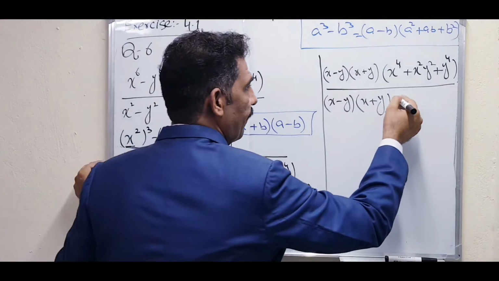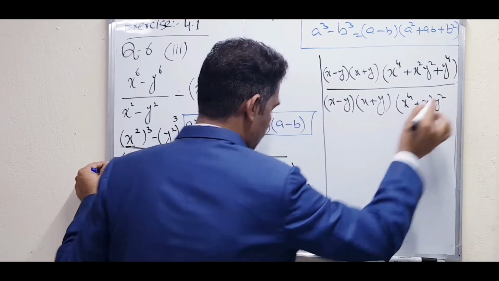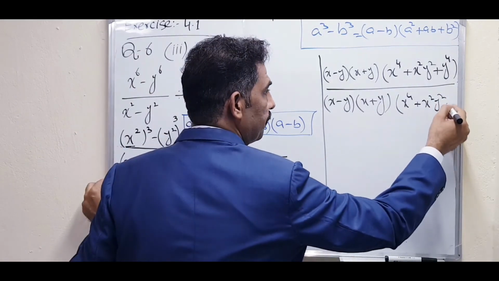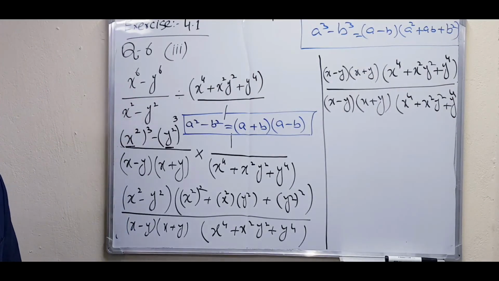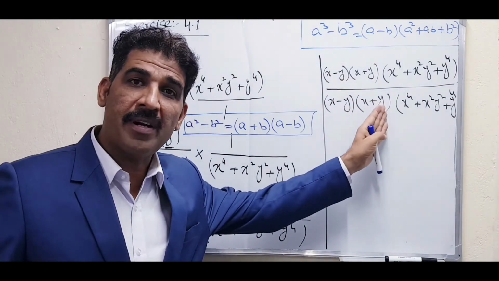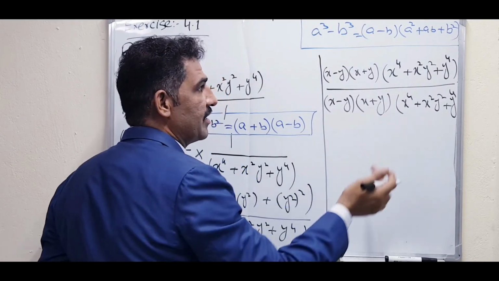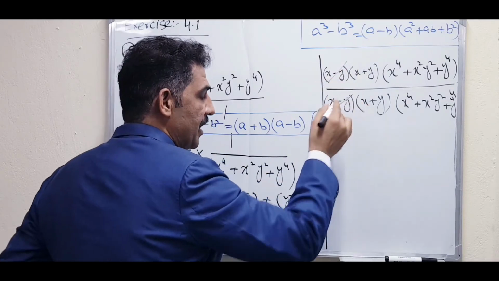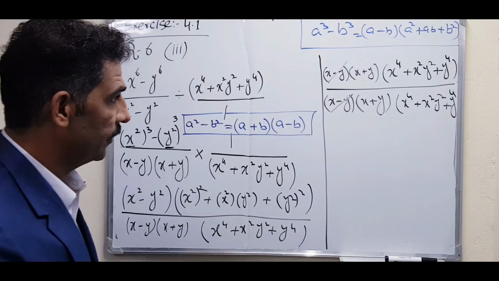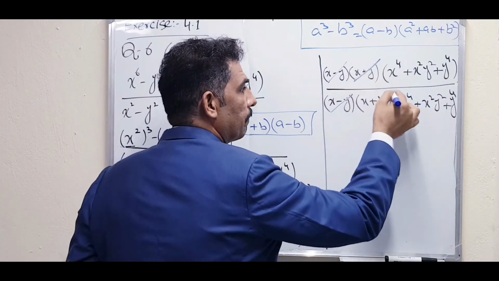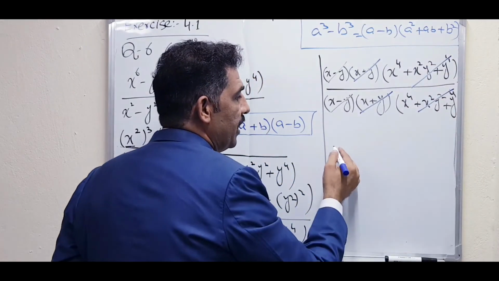Okay? x square y square plus y raised power 4. As I told you before, now all the terms have a multiplying sign between them because this bracket indicates the sign of multiplication. So what cancels? It will be cancelled by this. We will cancel with another marker so that you will be clear. It is also the same. Finish.